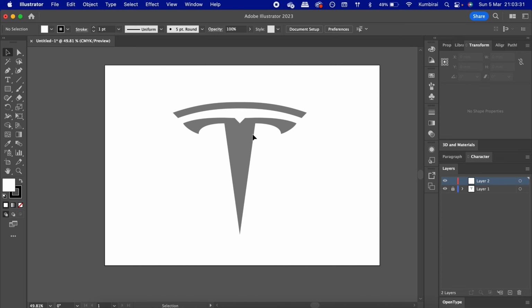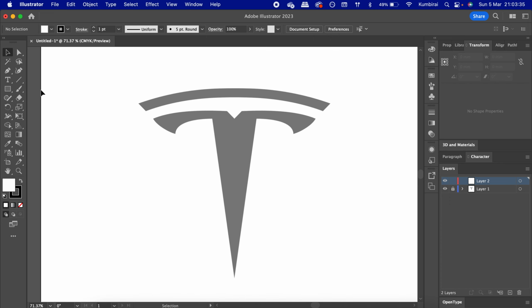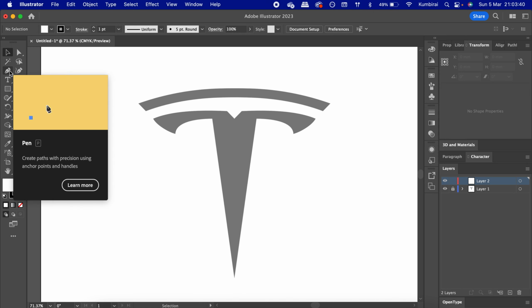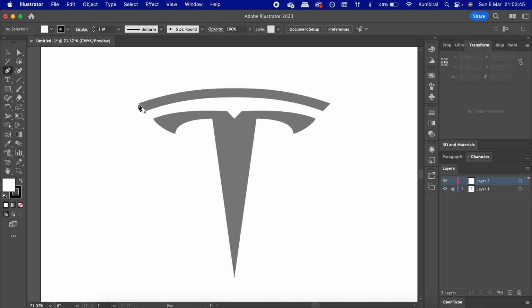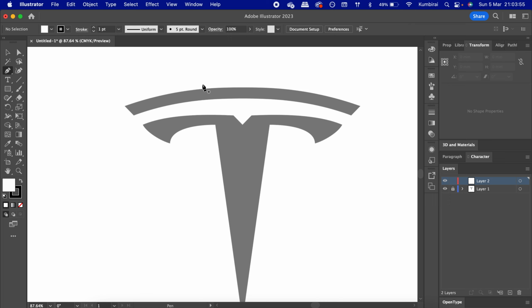So moving forward, to make this logo, the main tool that we're going to be using is the pen tool. So the pen tool looks like this here. I've just highlighted to show where it is. So we'll click on the pen tool, and now I'm just going to start making up the outline of the shape. I think it takes a bit of practice in order to be able to do this, but you'll get the hang of it as you keep going on. So what I'll do is I'll click and drag,